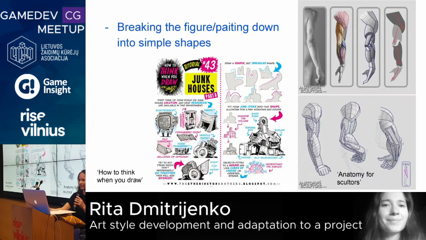So tool number one is breaking the figure or painting, sorry for the typo, down into simple shapes. There are two examples. You can see an R being broken down into simple shapes, and you can see a building that started off as a simple shape and then had some details added to it, okay? And these two tutorials come from two really amazing books I cannot stop recommending. For anatomy, it is Anatomy for Sculptors by a bunch of cool Latvian dudes. And this funky house one is